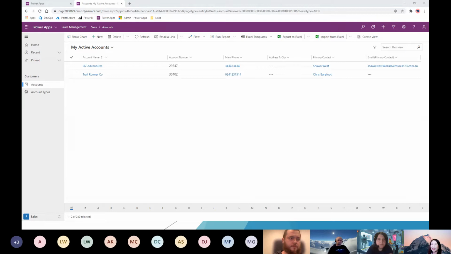Okay, so to set the scene here, here's a vanilla install of a Power Apps instance. I'm giving a fictitious outdoor equipment manufacturing company for AdventureWorks. We all know that, right? And so, here, I've got two accounts set up.